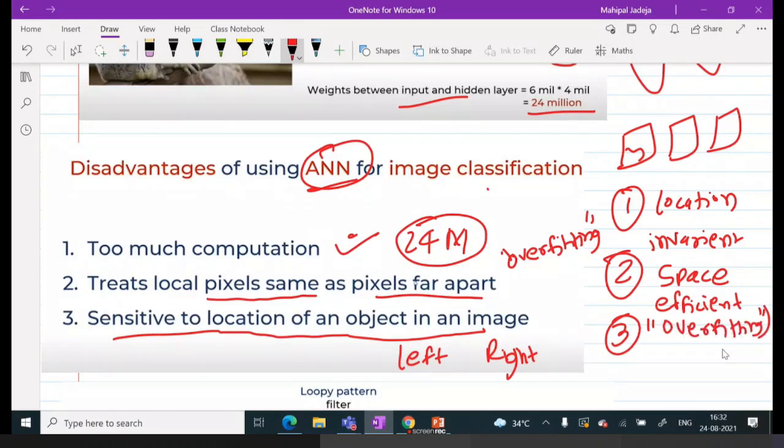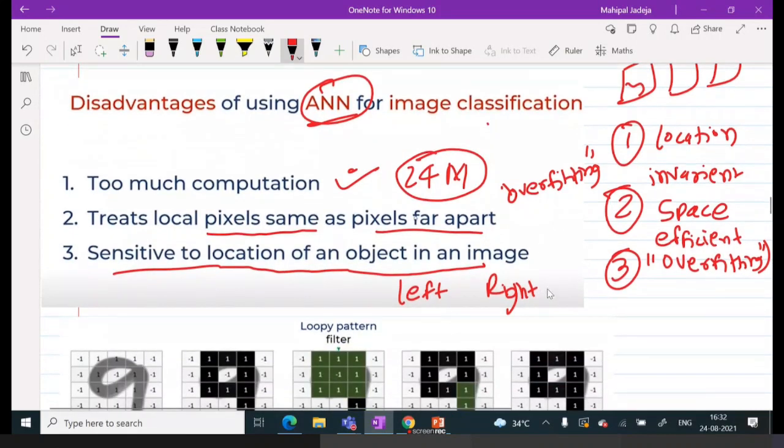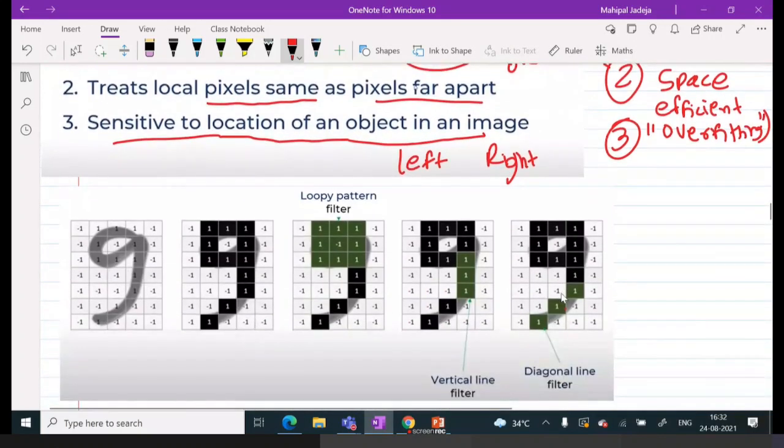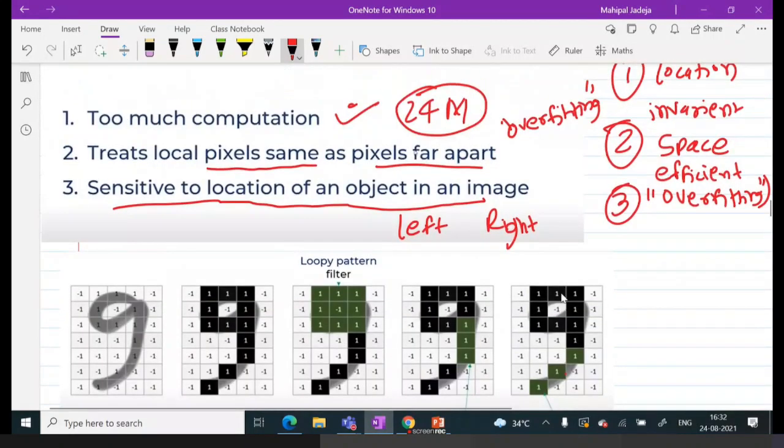All these problems are solved by the convolutional neural network, and now we are going to talk about it. The very first thing is, what is convolution? What is the convolution operator? We must discuss these things, and before that we will talk about the filter. So what is a filter? Let's say I want to identify whether this circular pattern is present in my image or not. For that purpose, I will form one matrix and I will put 1